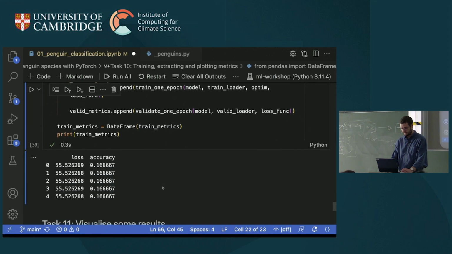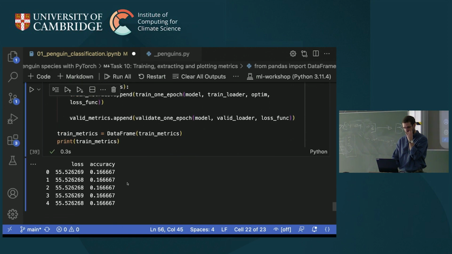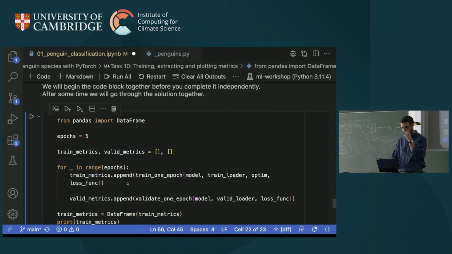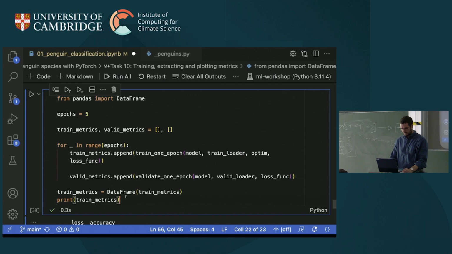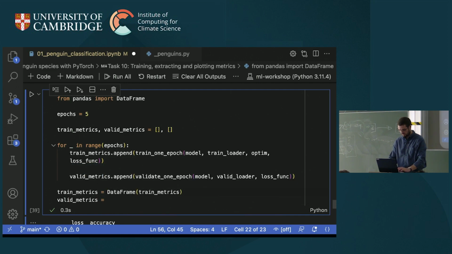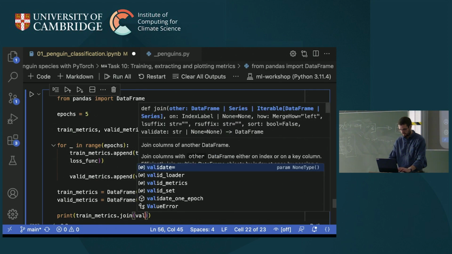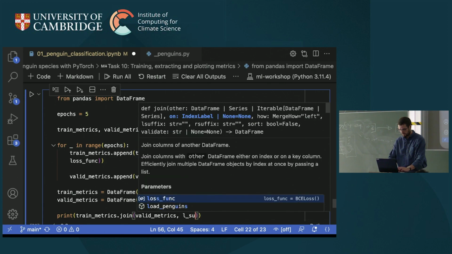So then you can see we've got loss and accuracy for the 5 epochs we trained for. It's concerning that none of them change, but we'll debug that in a minute. I'm going to do something here just for convenience: valid_metrics equals DataFrame of valid_metrics. So rather than having two separate print statements, I'm going to print train_metrics.join. This is just some pandas trickery, you don't have to worry about it. And then you can do